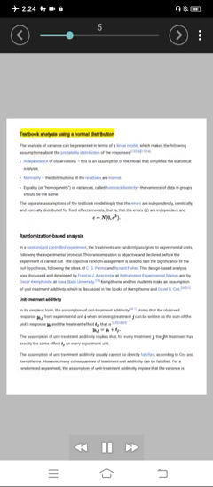Textbook analysis using a normal distribution. The analysis of variance can be presented in terms of a linear model, which makes the following assumptions about the probability distribution of the responses. Independence of observations. This is an assumption of the model that simplifies the statistical analysis. Normality. The distributions of the residuals are normal. Equality or homogeneity of variances, called homoscedasticity. The variance of data in groups should be the same. The separate assumptions of the textbook model imply that the errors are independently, identically, and normally distributed for fixed effects models, that is, that the errors are independent and